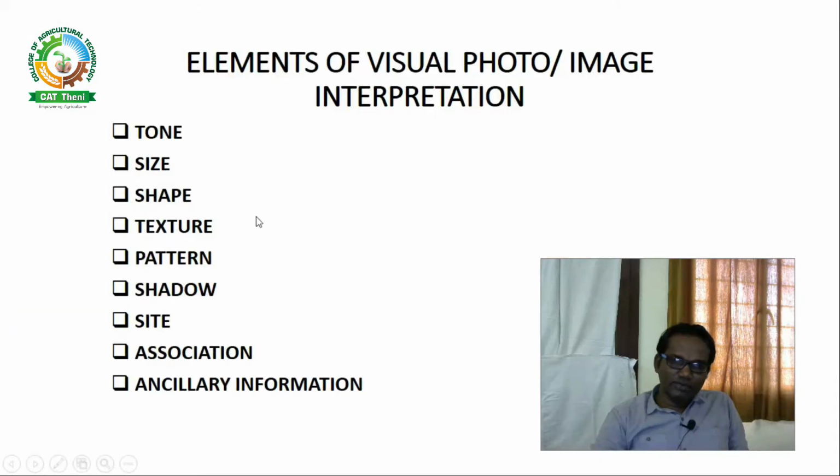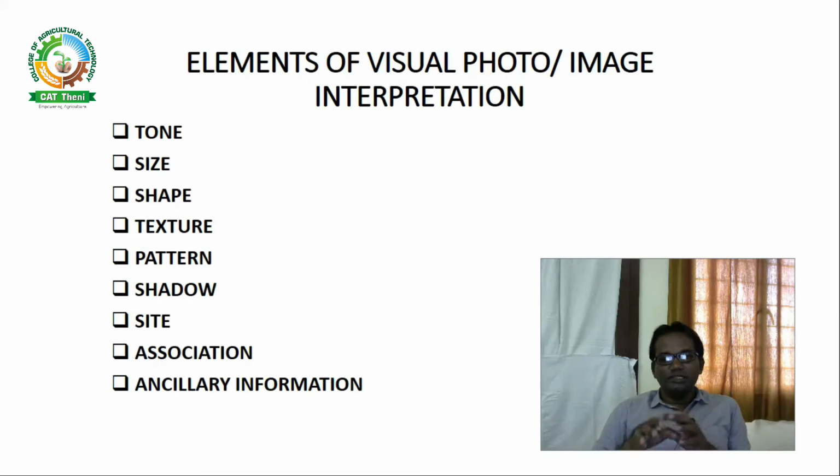Then the next element is texture. The tonal variation of the image is called texture. If you have taken an image that contains a green cropping area, the same green color only, the image fully occupied by green color, that is called smooth texture.